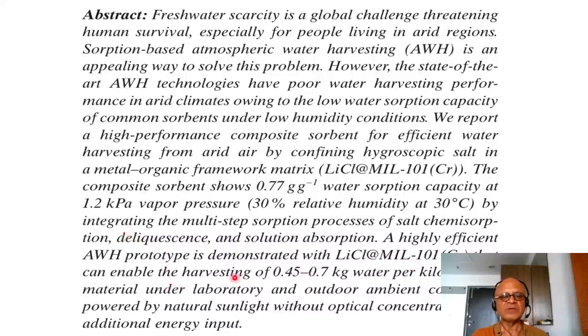A highly efficient AWH prototype is demonstrated with this metal organic framework that can enable the harvesting of 0.45 to 0.7 kilogram water per kilogram of material under laboratory and outdoor ambient conditions, powered by natural sunlight without optical concentration and additional energy input. So just using solar energy or natural sunlight without having to do PVs or concentrated solar power, giving you a more efficient way of powering this